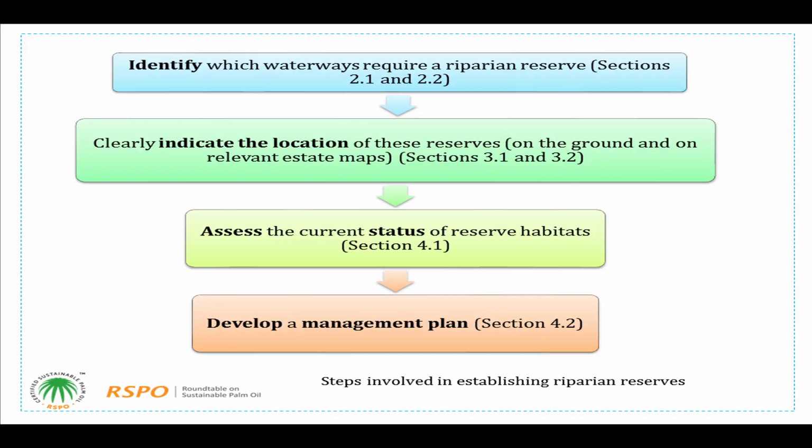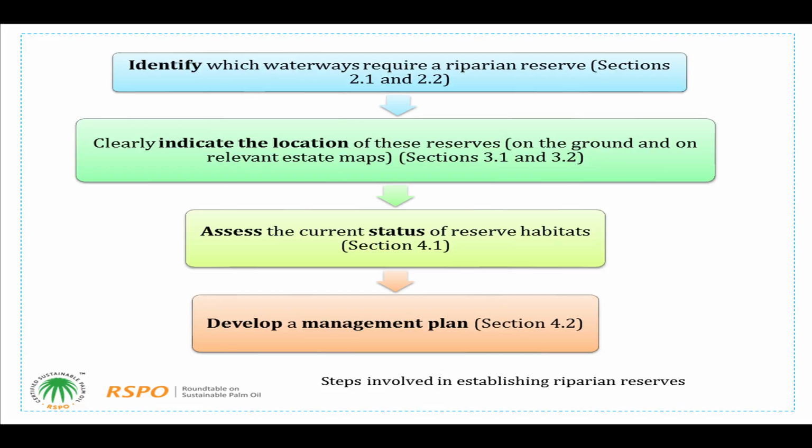Then you develop a management plan based on the key management priorities. You may have to maintain the area because the communities are using the areas nearby to meet their basic needs such as fishing, or the riparian area is important for important species found in the area, or the riparian areas are connecting to a very important landscape nearby.